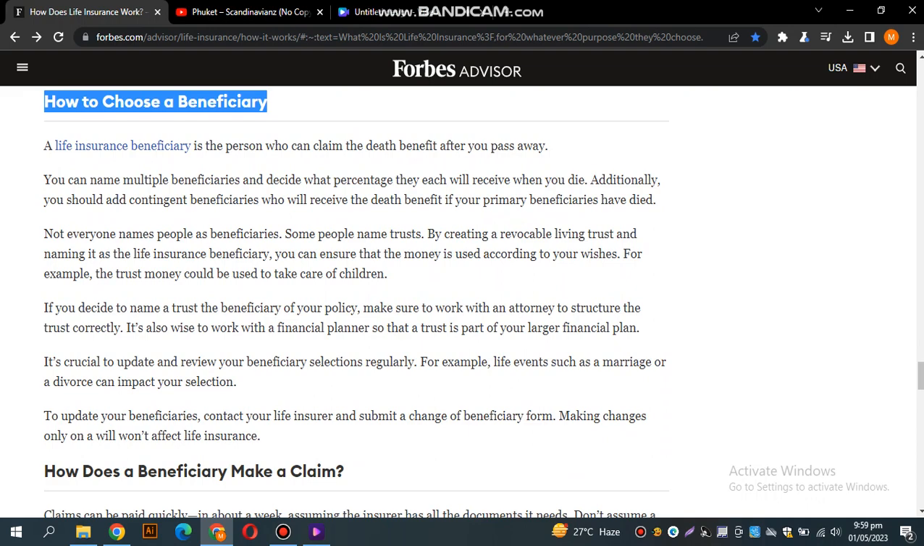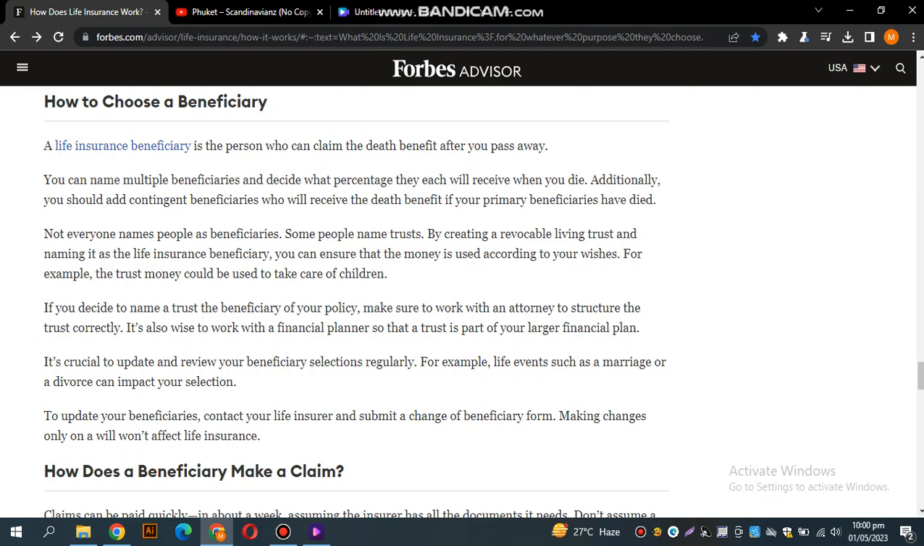Some people name trusts. By creating a revocable living trust and naming it as the life insurance beneficiary, you can ensure that the money is used according to your wishes. For example, the trust money could be used to take care of children. If you decide to name a trust the beneficiary of your policy, make sure to work with an attorney to structure the trust correctly. It's also wise to work with a financial planner so that a trust is part of